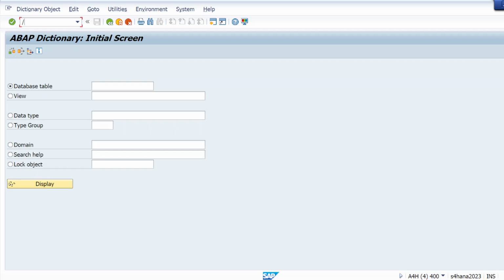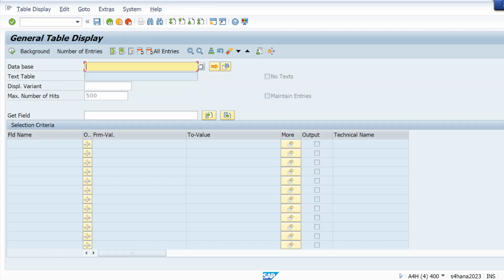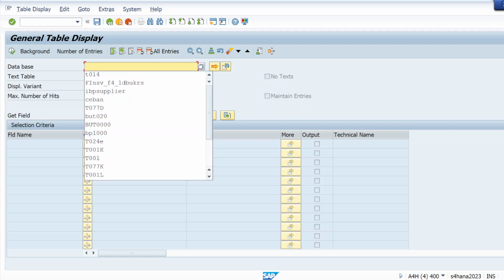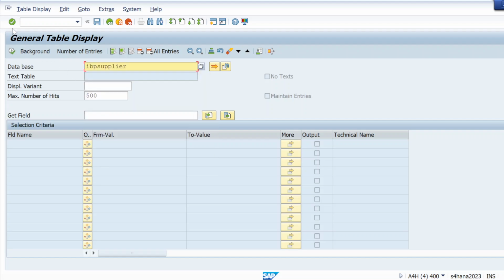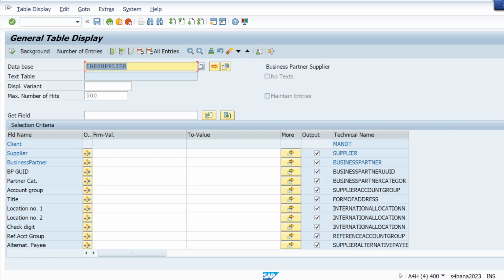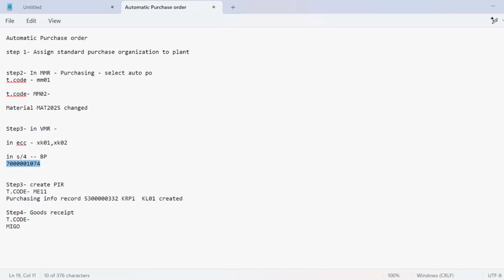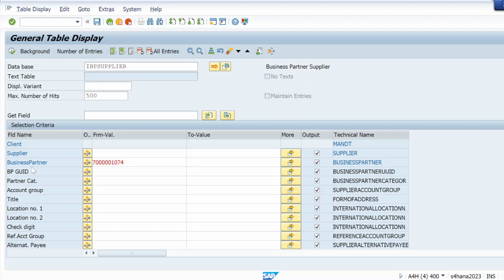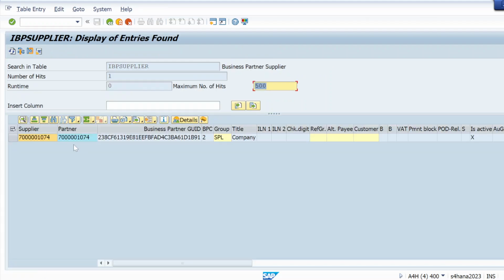Let me check. Supplier and BP are both the same.